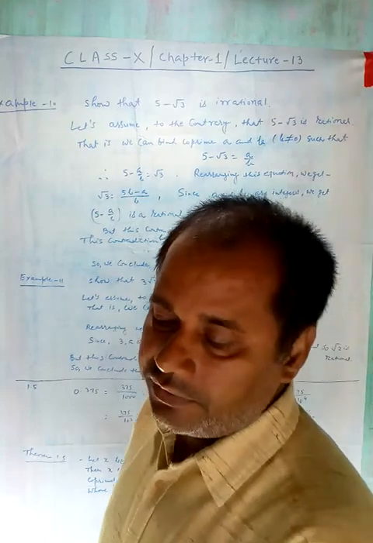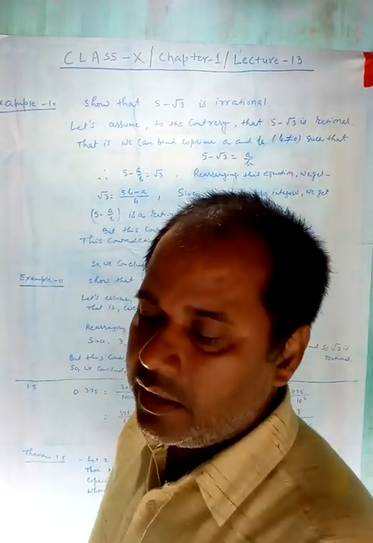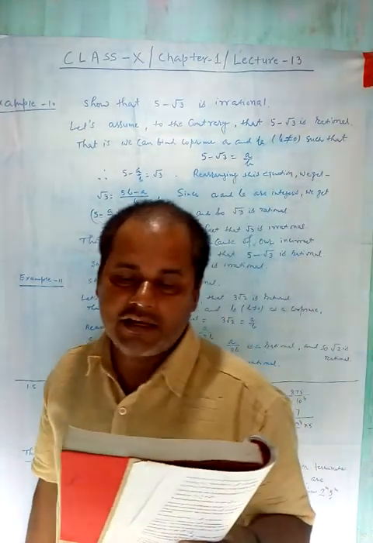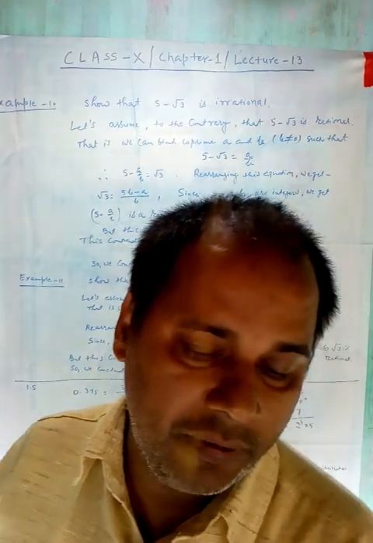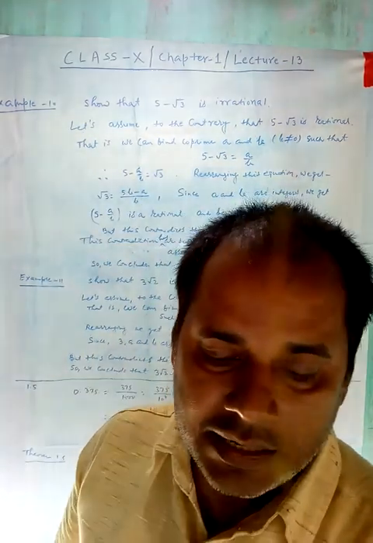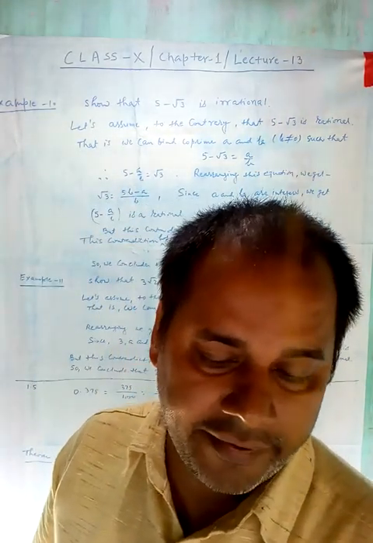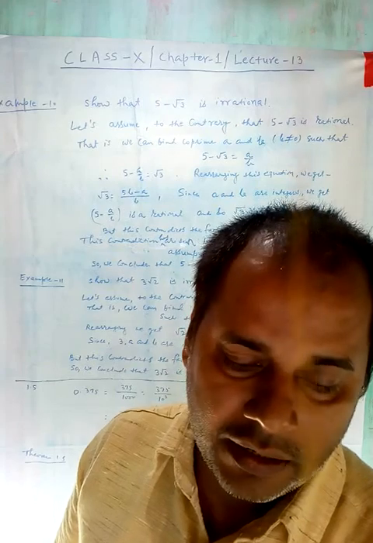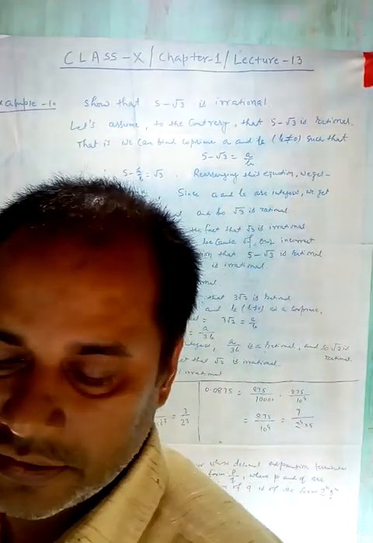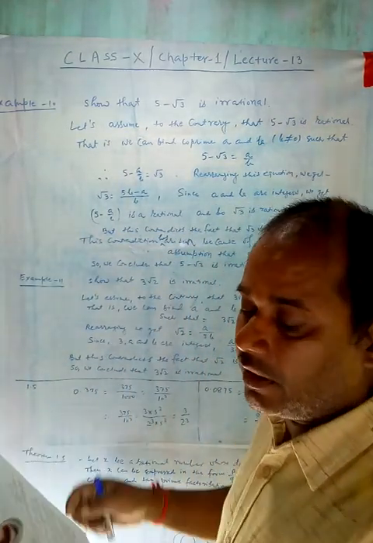In this section, we are going to consider a rational number, say p by q, where q is not equal to 0, and explore exactly when the decimal expansion of p by q is terminating and when it is non-terminating, repeating or recurring. We do so by considering several examples. Let us consider the following rational numbers.